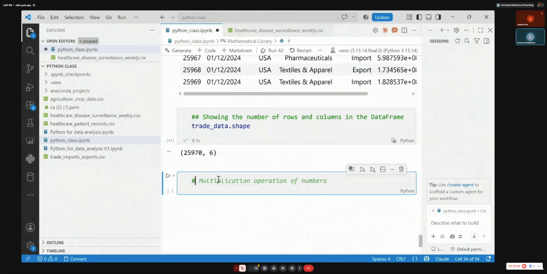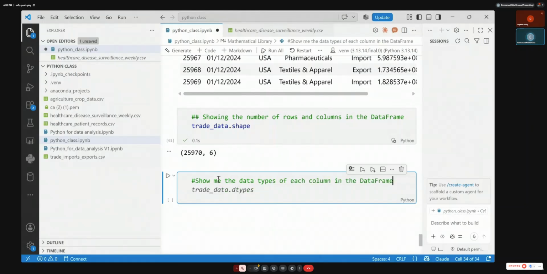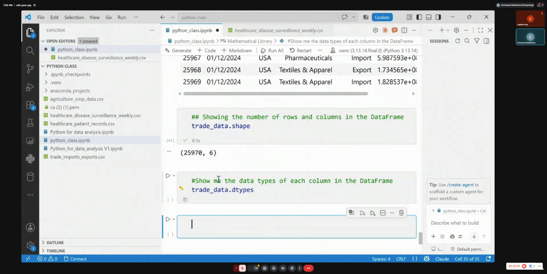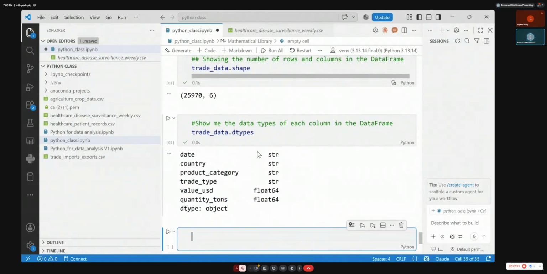Look, I say: show me the data types of each column in my data frame. You see that? It is dtypes. dtypes is the correct command. Even info works, but dtypes is much better. Just write your sentence of what you want. The code will be displayed. You go with the tab.